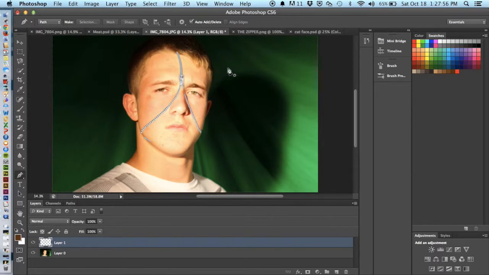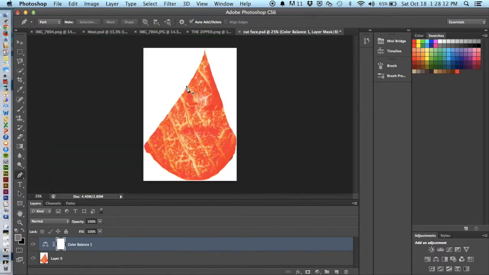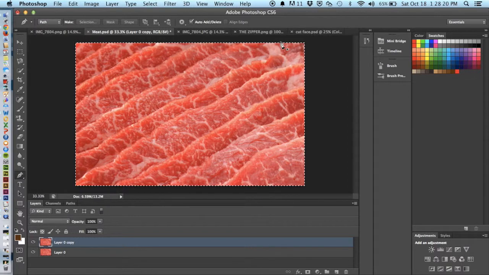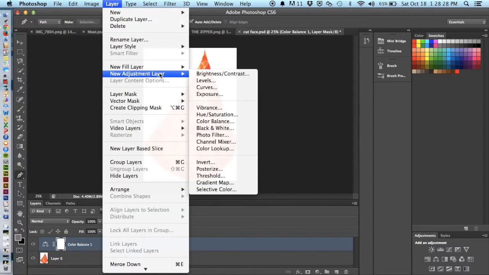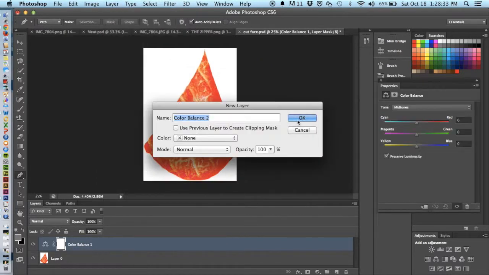and once I made the selection, I made it a 2 pixel feather, and then I copied that part of my face out onto another tab, I guess you could say, in Photoshop, and then I copied the meat onto my face